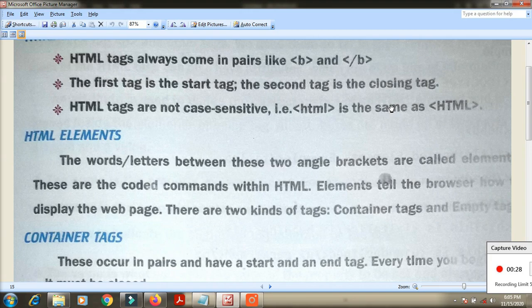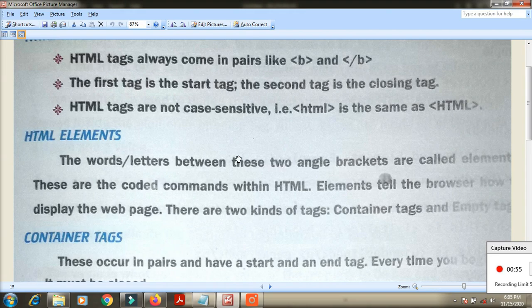But you should not mix cases in the same tag. If the first two letters are capital and the last two small, it is a problem. Fully small letters or fully capital letters, the system will accept.